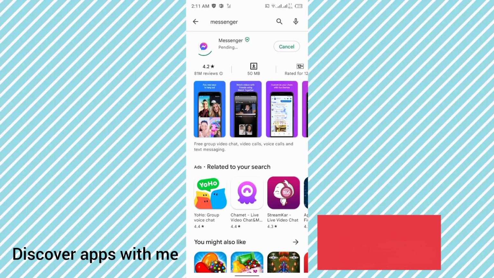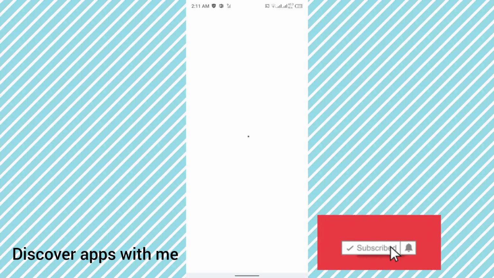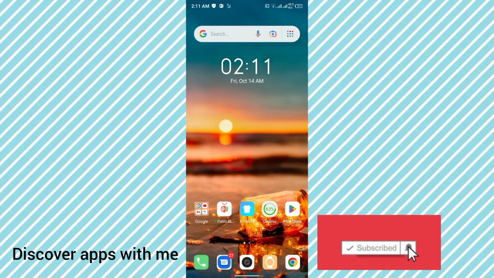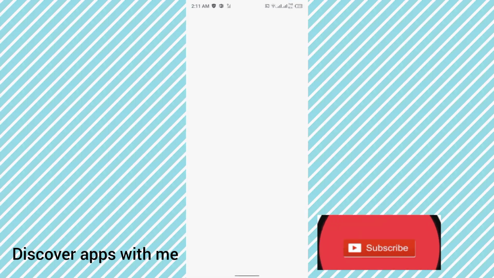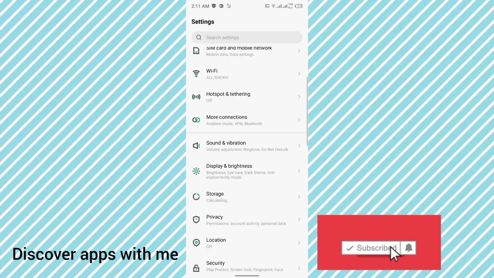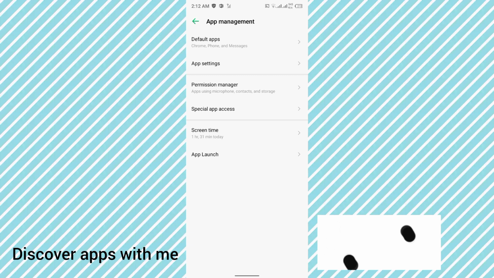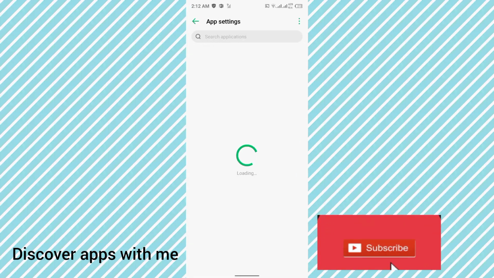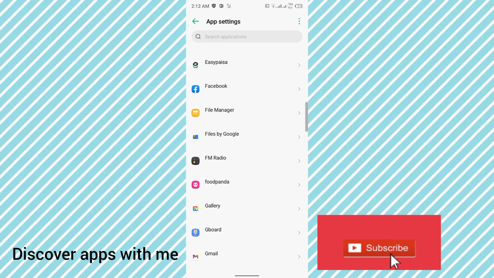If you update the Messenger but still you are not able to use your Messenger, then the third and last thing, you have to come back and open your mobile settings and go to the app management if you are using an Android mobile phone. There you can see the app settings, click on it. It will give you the list of all the apps on your mobile phone. So from there you have to go to the Messenger settings,